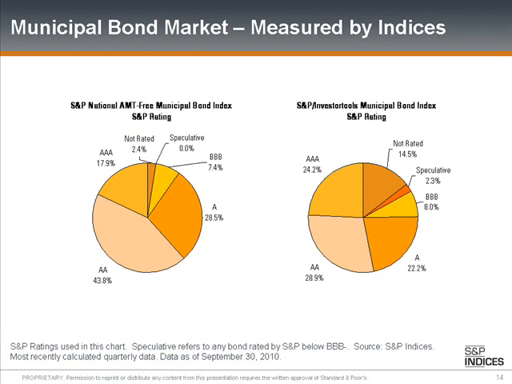Let's look at quality of the municipal bond market as measured by the indices. To review quality, we'll only focus on S&P ratings. And when looking at the S&P ratings in the investable index, the S&P National AMT Free Municipal Bond Index, we can see that most of the bonds are A-rated or higher. There are bonds that are not rated within this index by S&P, but they must be rated by Moody's or Fitch to be included, and those ratings must be investment grade.